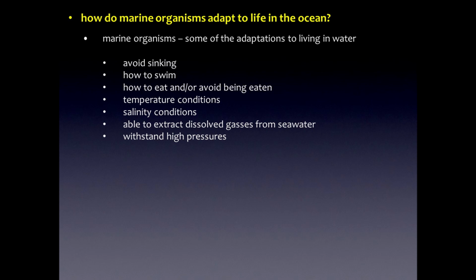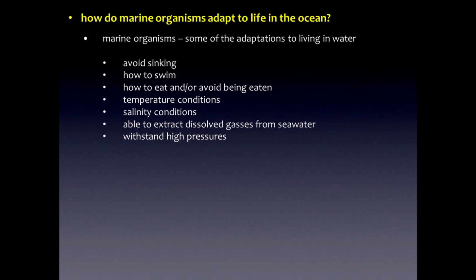But what we're going to look at now is how marine organisms adapt to life in the ocean. Because you can imagine living in an environment that's wet, the oxygen is dissolved in the water. You have to get that oxygen out. You might be subject to changes in temperature, salinity, changes in pressure. What adaptations have marine organisms made to live within the ocean? There's a whole list of them right here, and I'm going to go through these over the next 40